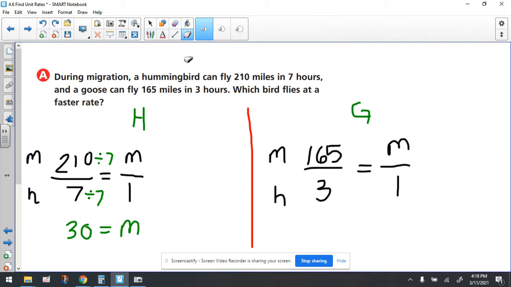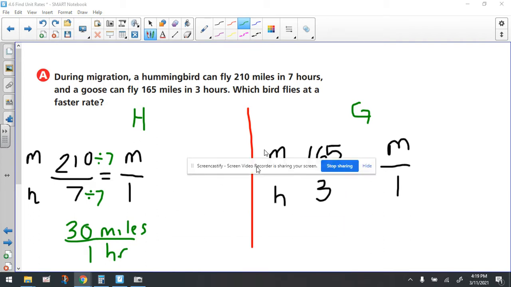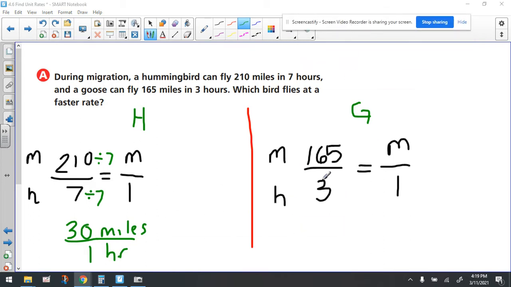So really how we should probably write this, instead of just putting that, let's actually write it out. 30 miles per, we use the slash, per 1 hour. So that's the unit rate for the hummingbird. Now let's look at the unit rate for the goose. So again, we have to divide by 3. Since 3 divided by 3 is going to give us that 1, we have to do 165 divided by 3